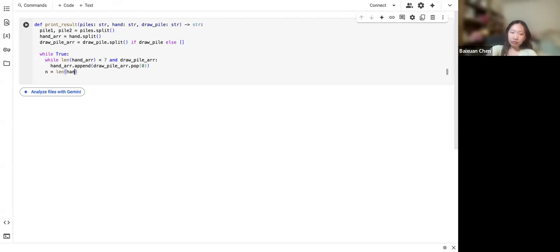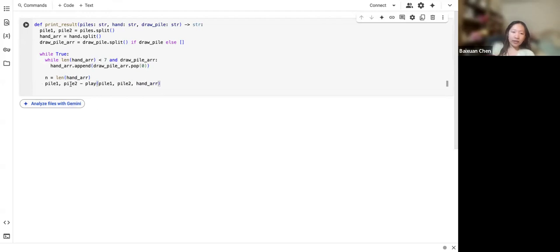So this will make more sense in a second. So what this is, we're going to make a play function that does all the work so that this code is less disorganized and more compartmentalized. And then we're going to set pile 1 and pile 2 to be whatever the results of play are. And then why we need to check the length of the hand array is because we want to know